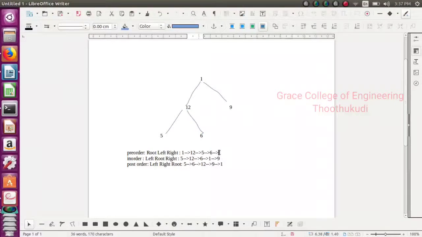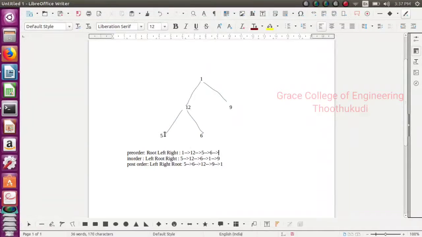Then move left to 5. Root and left are processed, then move to right, which is 6. Now the left side of root 1 is completed: 1, 12, 5 and 6. Then move to the right, where we have only one element, 9. Now pre-order is completed.